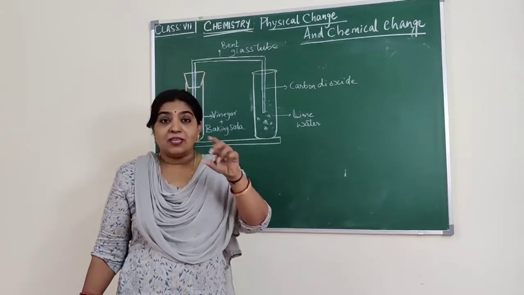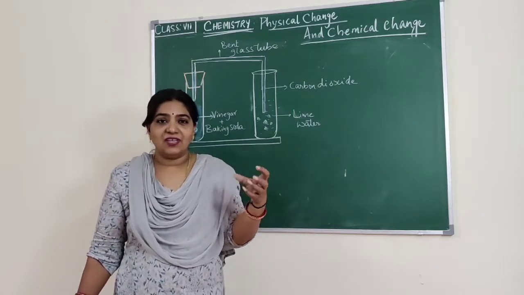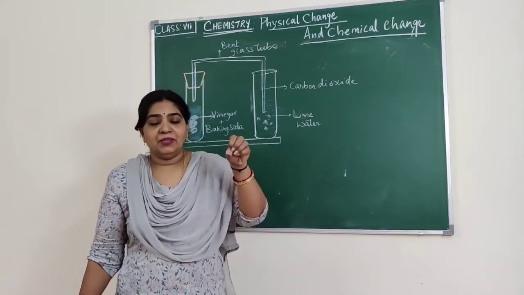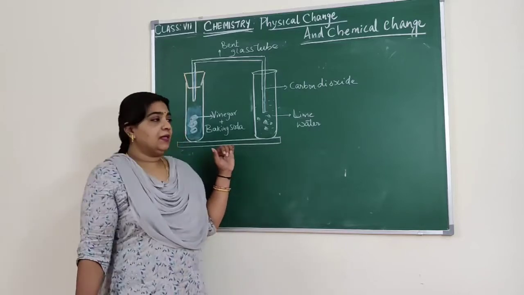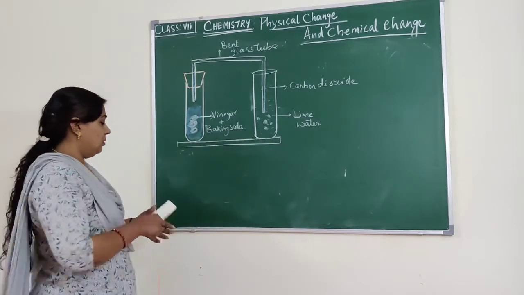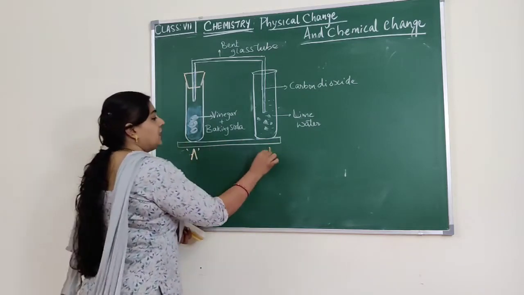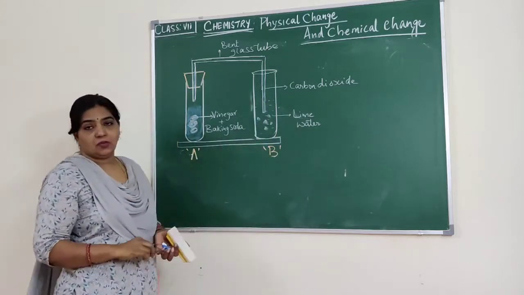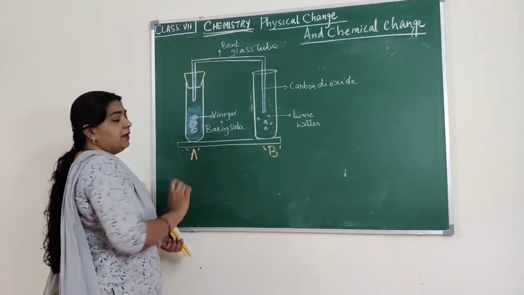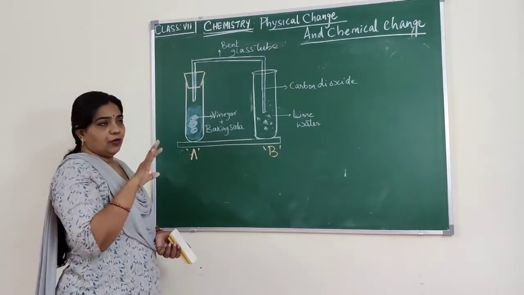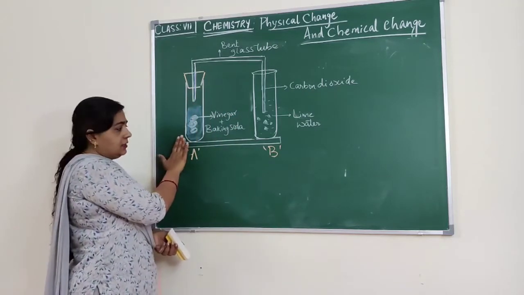That's why I did that 3 times, right? I just added baking soda. As soon as the gas was released, I took it near the burning candle, and it put out the fire. Same thing they have given here. You have to take 2 test tubes. Let me name this test tube A and this test tube B. In test tube A, we have to take vinegar and later we have to put baking soda. Before putting baking soda, we just take vinegar in this test tube.